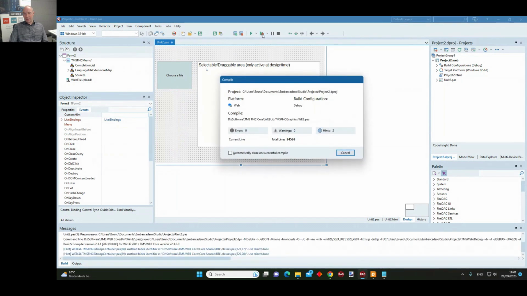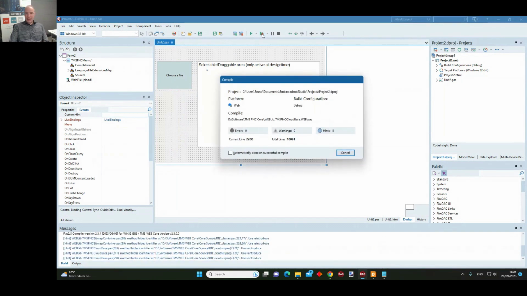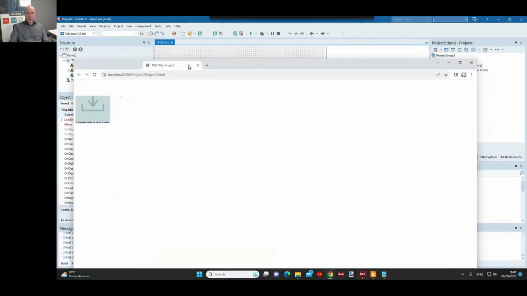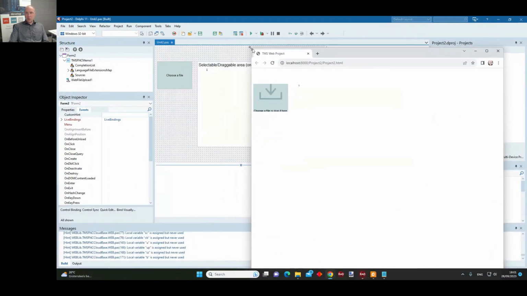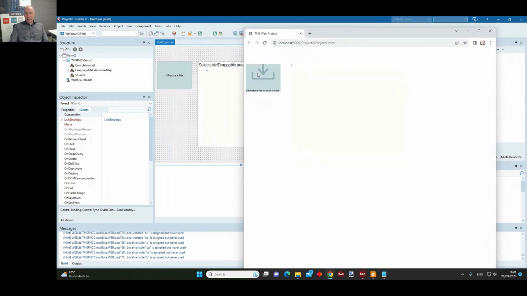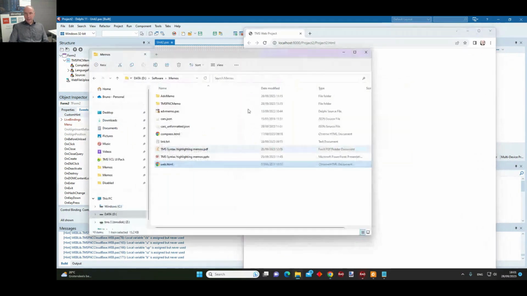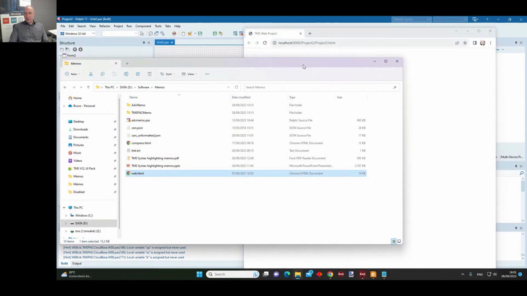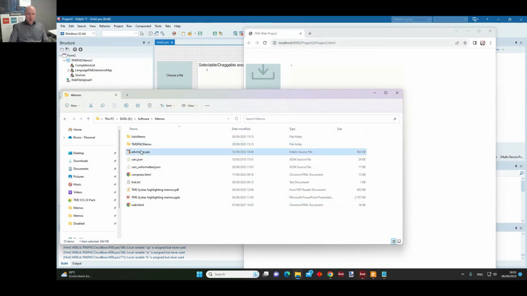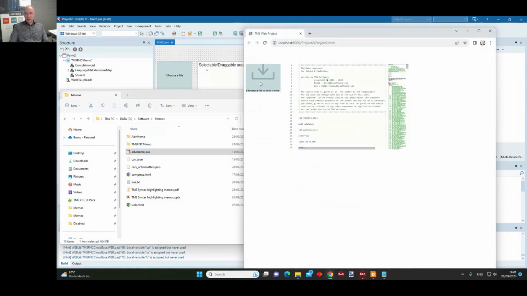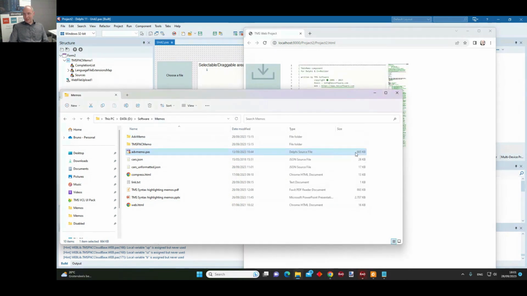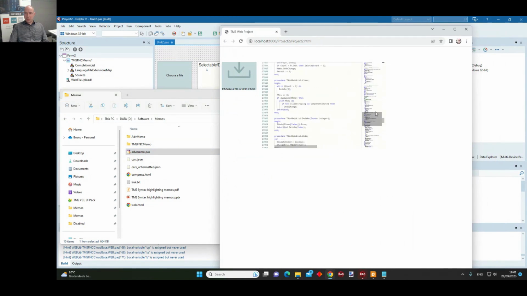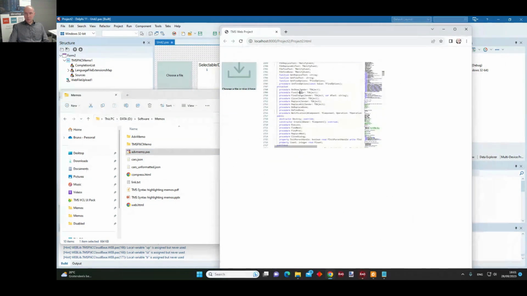Let's run this application. It creates a Pascal based application, and I bring the browser in view. I have my upload area here, and let's pick our ADV Memo file. That's a challenging file. Like you've seen, it's a 600K source code file, but it is here immediately in our browser.